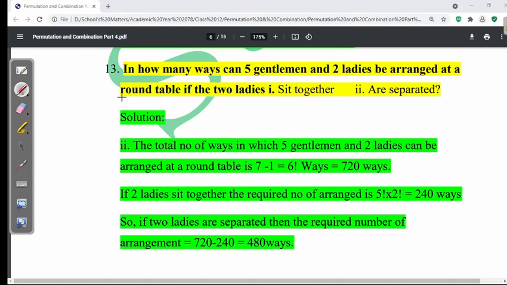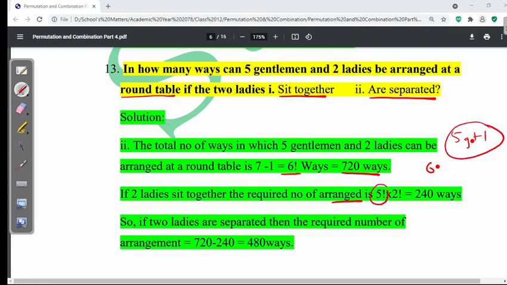be arranged at a round table? This is also circular permutation. Sit together or separated. Total 7 minus 1, 6 factorial ways. You understand this? And when 2 ladies sit together, the required number of arrangements is here also 6. 5 gentlemen plus 1, there will be total 6. 6 minus 1 will be 5 different ways. Again 2 ladies can be arranged in 2 different ways, that is 240 ways. If 2 ladies are separated, then the required number is 720 minus 240, that is 480 ways. We can arrange them in